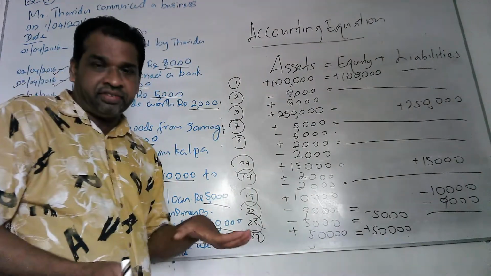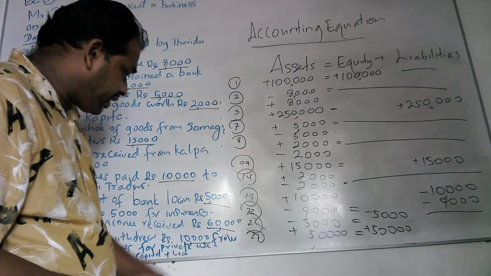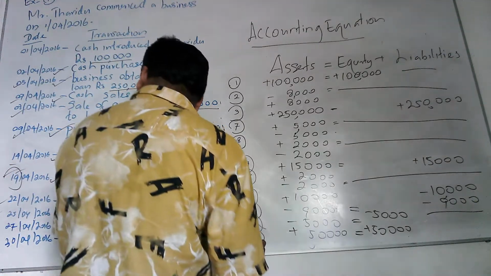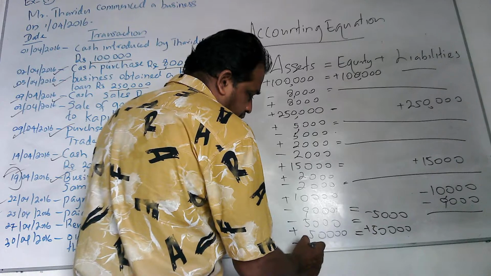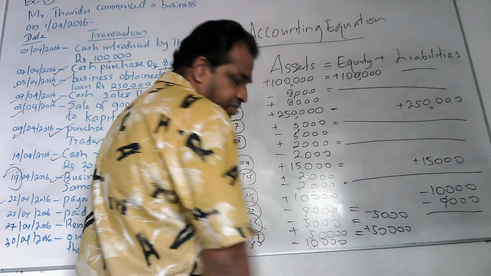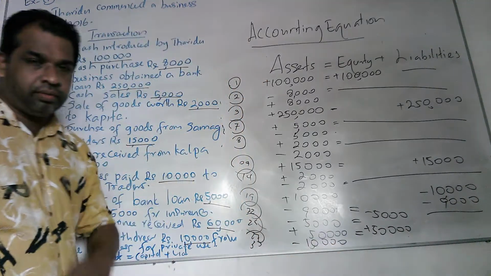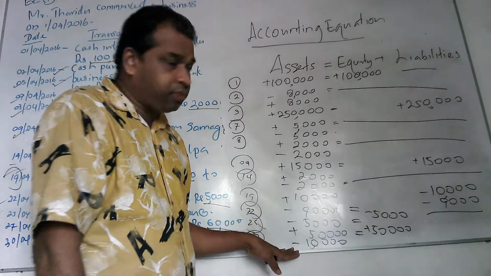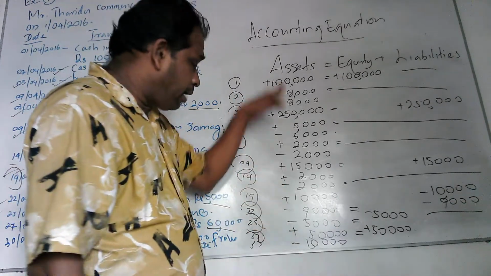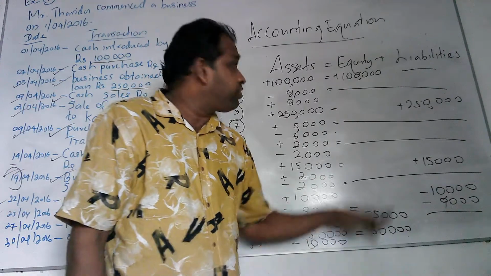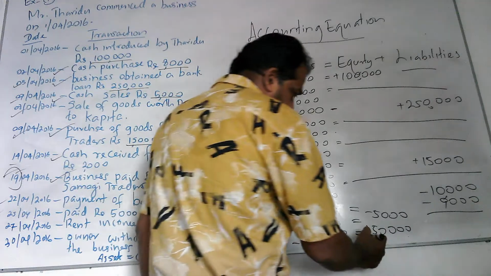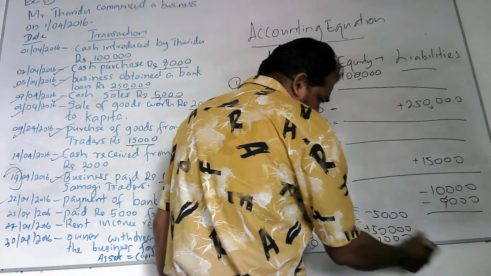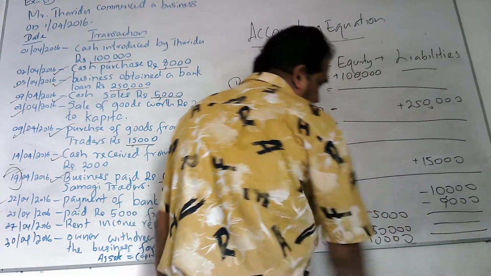Both come under assets. Therefore, as he has taken 10,000, minus 10,000 under assets, because money comes down by 10,000 and cash comes under assets. Therefore, because of drawings, owner's equity or capital also comes down by another 10,000. Right, nothing will happen to liability.